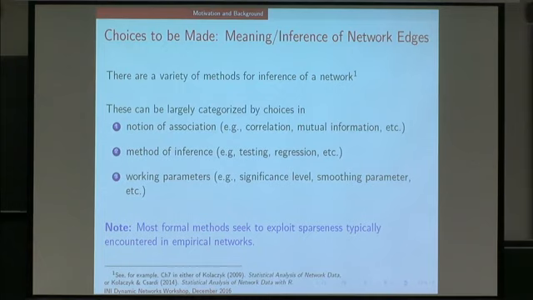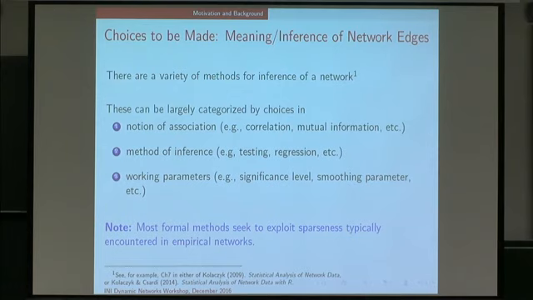And then there's a certain choice of methods of inference. There are testing-based methods, regression-based methods, etc. Once you come up with some notion of association, correlation networks, for example, often in computational biology, will take gene expression from pairs of genes, compute a correlation in a Pearson-type sense, and use some standard t-test with appropriate multiple corrections. On the other hand, you have very fancy regression-based methods in the spirit of lasso-type algorithms and whatnot. So there's a whole range here. Choices, choices, choices. Each of these also has working parameters: some sort of smoothing parameter in the regression sense, a significance level in the testing sense, etc.